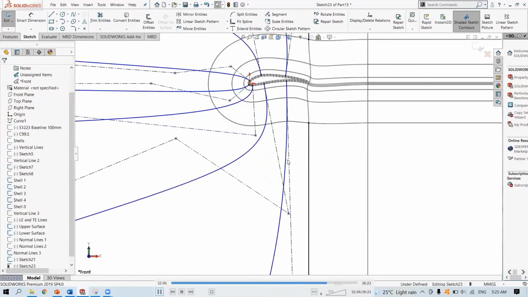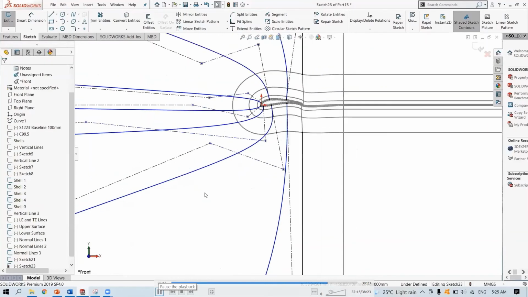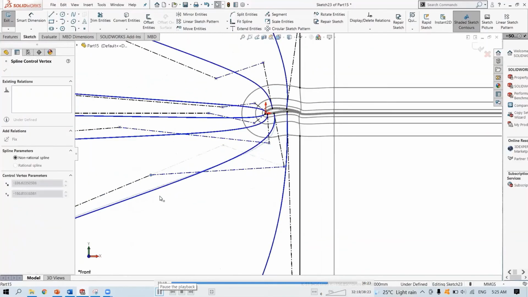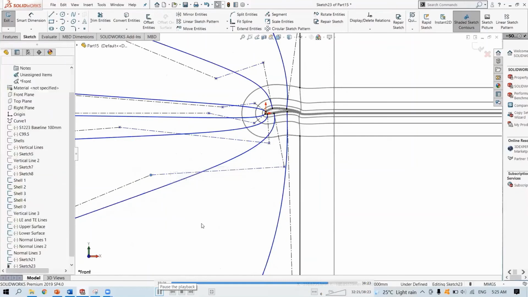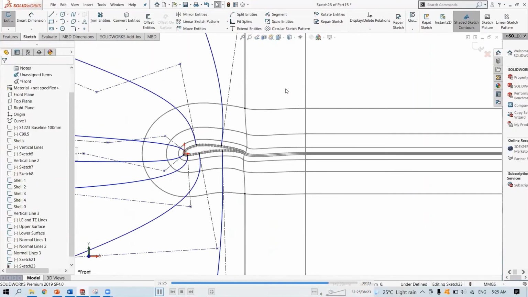Okay. Readjust as you wish. Again, remember about the compartments. Doesn't need to be perfect, but at least you can just eyeball it.